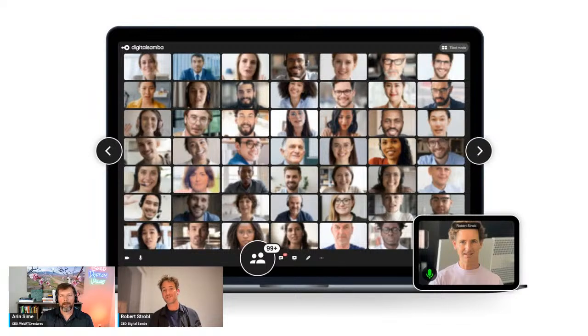We implement paging, which basically means you're always only subscribing to those users who are currently visible on the screen. We also have pinning and full screening, which again, as a particular user wants to see one user's information, then we're able to push higher video quality to that particular person. And we also make sure that when you're looking at a grid, the people who are speaking are the ones that get the highest bandwidth, because that's a natural experience. Who are you looking at? The ones that are actively participating in the conversation, and all of that together works pretty well.